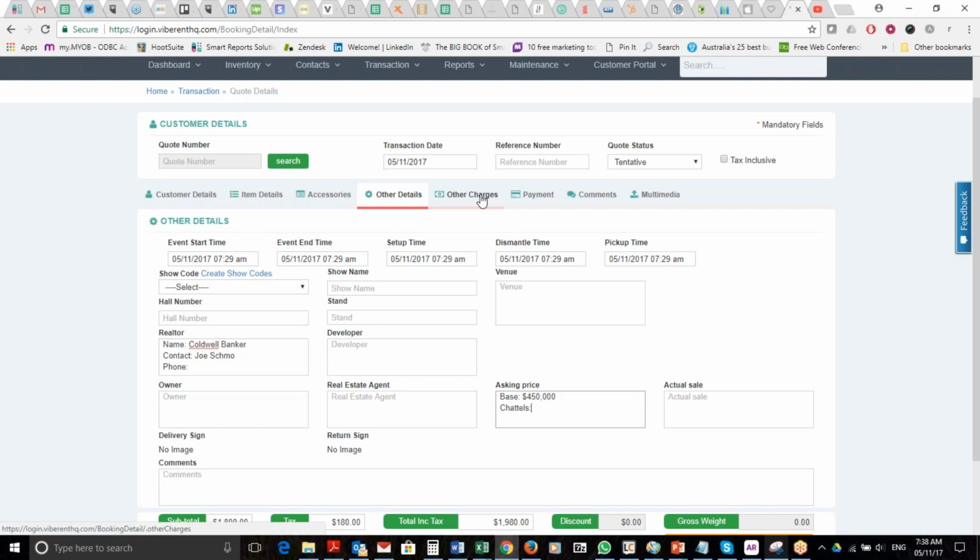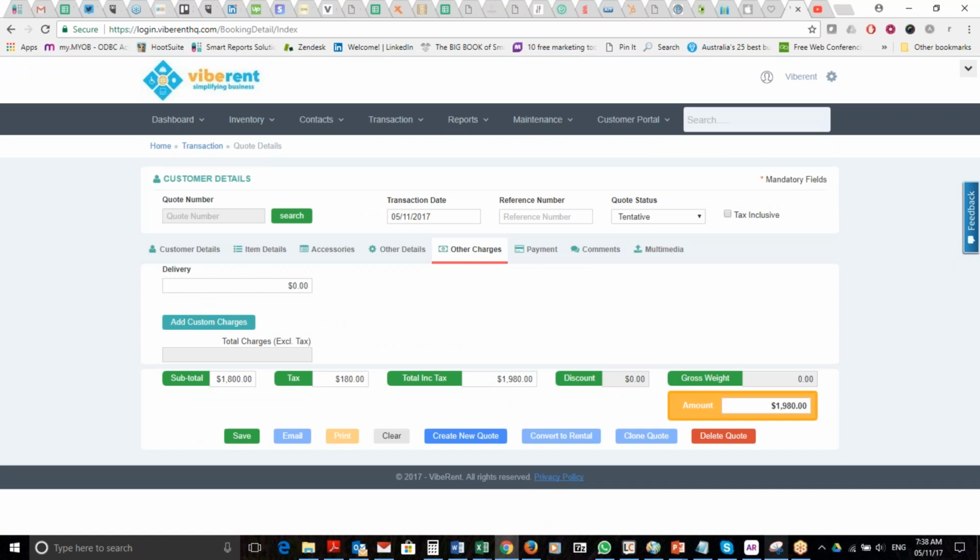Now I'm going to charge this customer a delivery fee of $250. I simply enter the value and press the tab key, and that is now added into my quotation. For my purposes, that is all I require to create a quote or a proposal for a customer. I can now